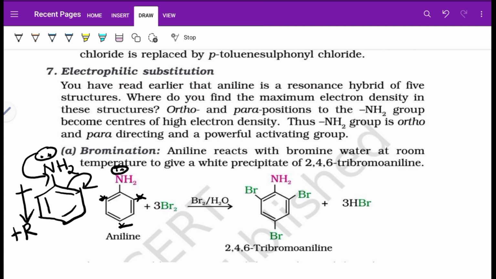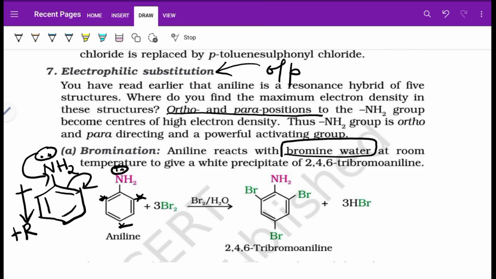So if there is electrophilic substitution occurring, it will occur at the ortho or para position or both. So ortho-para positions of the NH2 group get the product formation,